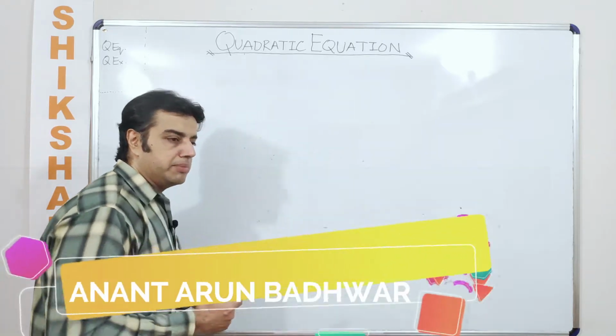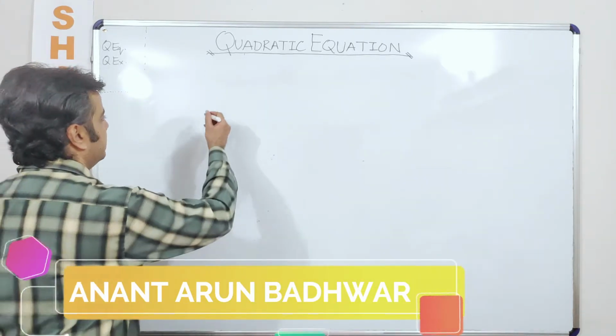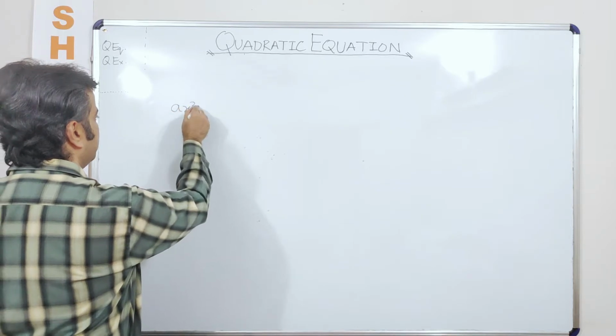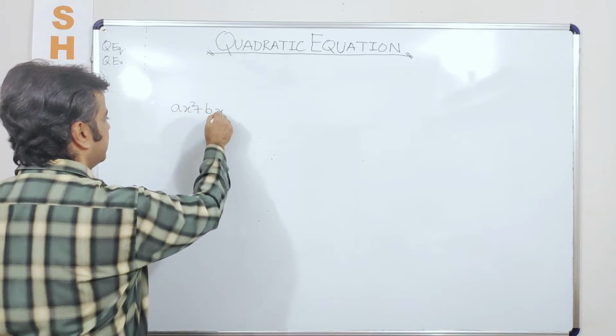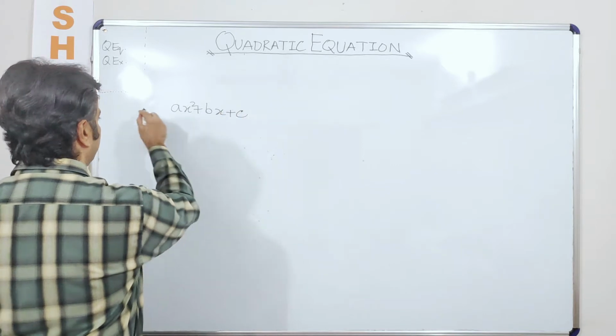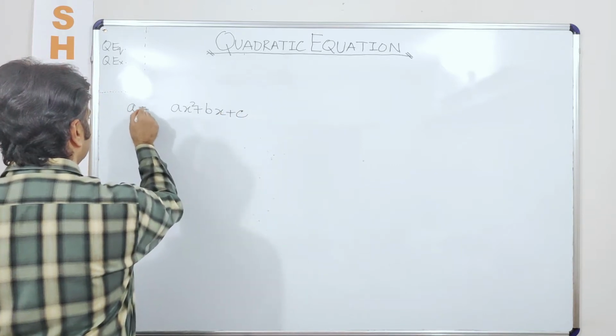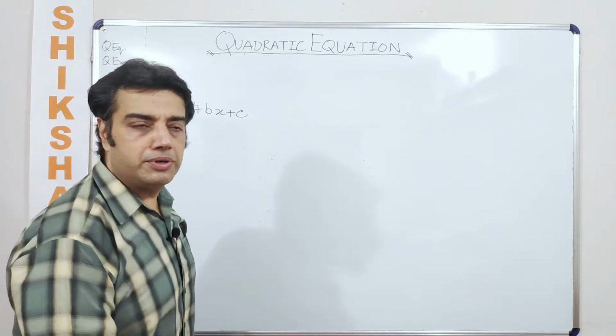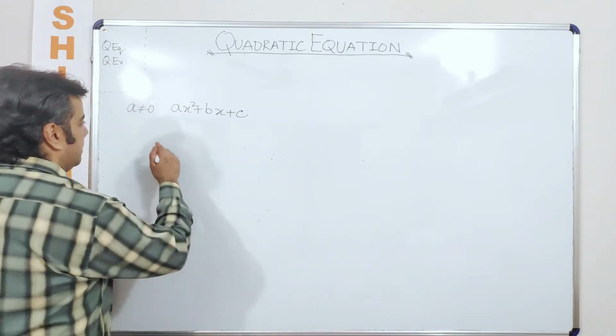As discussed in my earlier video, we are going to take a quadratic expression as ax square plus bx plus c. This is a quadratic expression, keeping in mind that a is a non-zero number, right? Now,